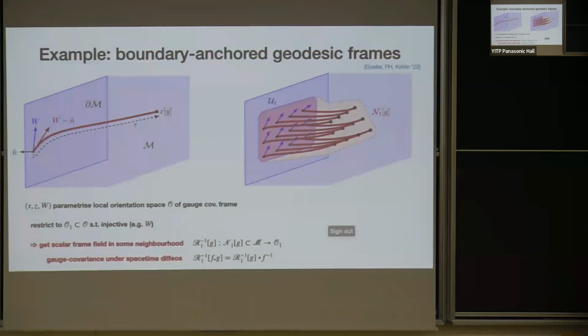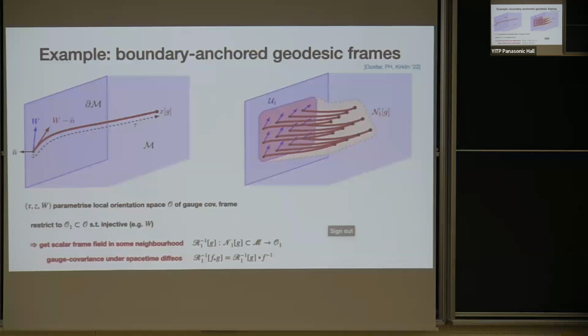And now, a priori, there's many ways in which you can do this. And this is parameterized by the anchor point on the boundary. So in 4 dimensions, that would be 3 parameters. Then the distance by which you shoot the geodesic in, so this tau, and maybe some boundary vector field that tells you, together with the normal, which direction you go in. So for instance in 4 dimensions, those would be 7 parameters that you can use to parameterize bulk points. So that's, of course, more than we would need. And of course, just a reflection of the fact that there's many bulk points that are connected by many geodesics to the boundary.